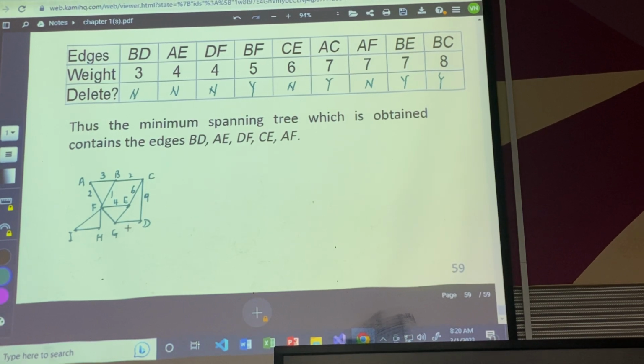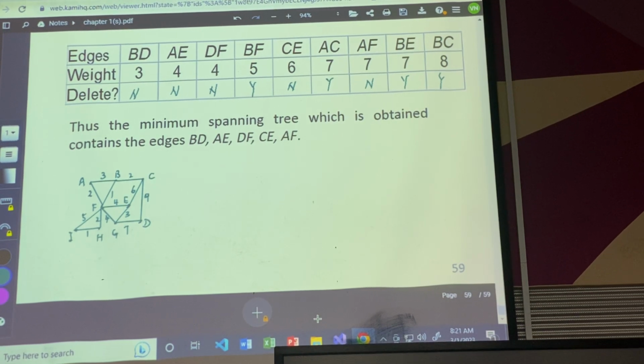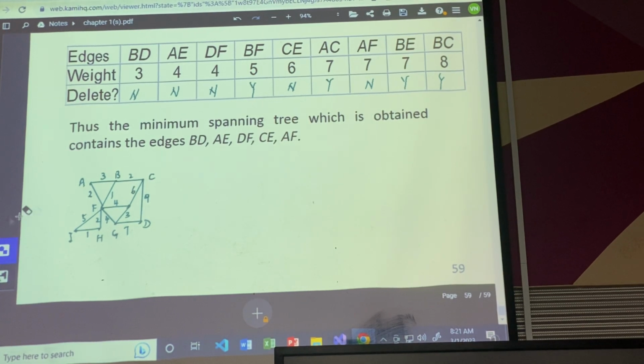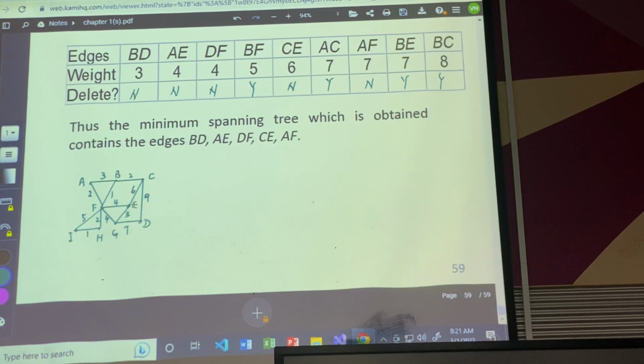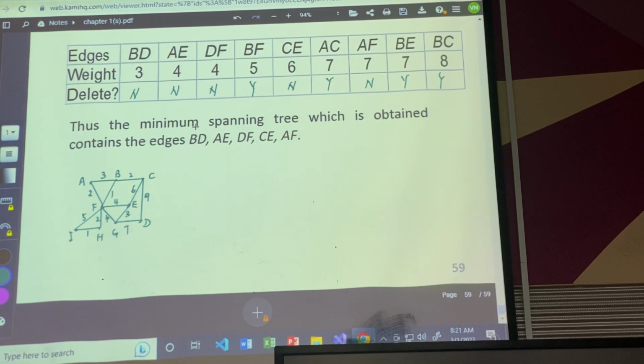This one. Okay. If the graph is like this, this is E. Then, by using Kruskal's algorithm, try to find what is the minimum spanning tree. Construct the table like this,